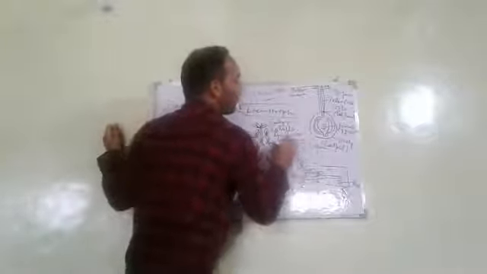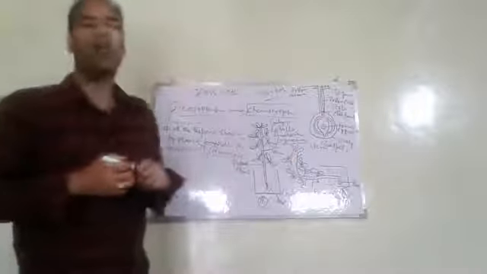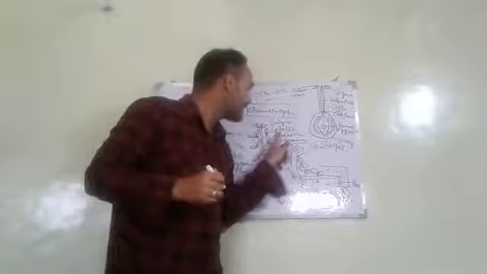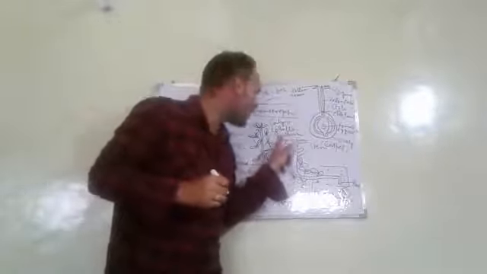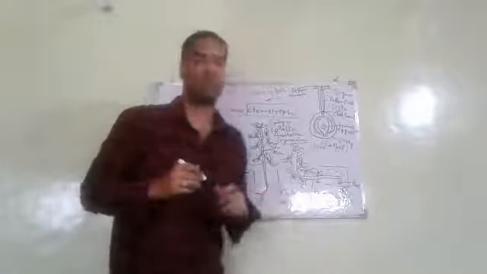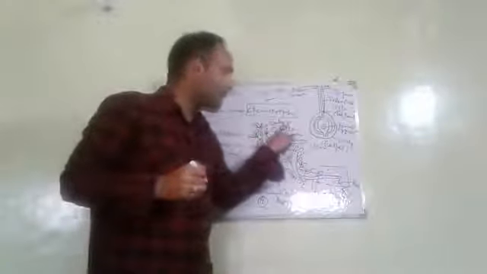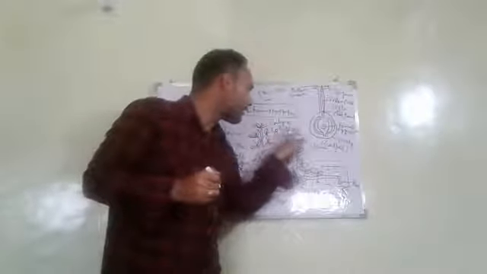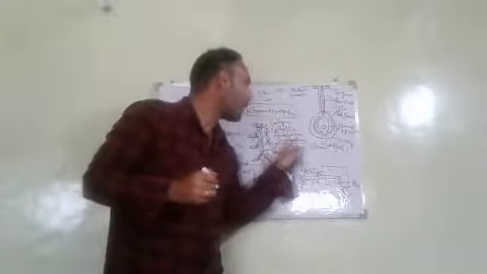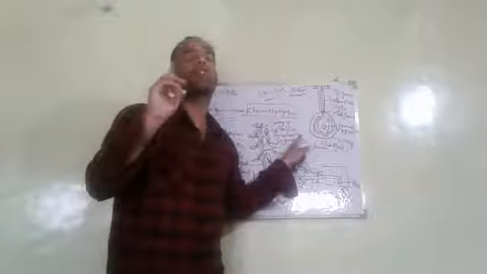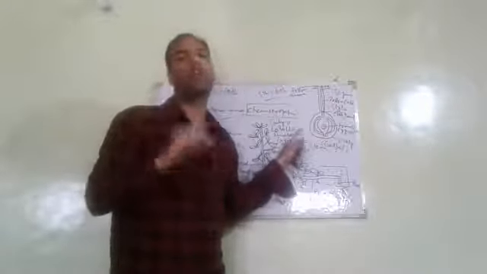These are the 4 whorls present in flower. First whorl is calyx, second is corolla, third is androecium, and 4th is gynoecium. The individual part of calyx is known as sepal, individual part of corolla is known as petal, and the individual part of androecium, which is male reproductive organ of flower, is